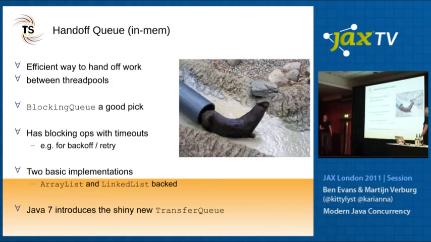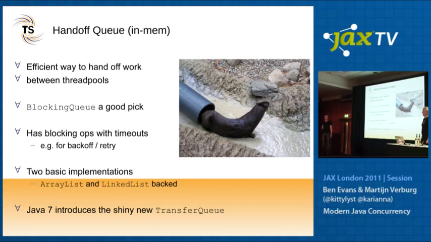Okay, the handoff queue. This basically is the standard way of passing messages or objects around between queues. And in fact, the general pattern here is thread pools connected by queues. That's pretty much how you design a large scalable multi-core application. There are some neat things here. You've got blocking operations. You've got back off and retry, and if you have a look in the Java doc,